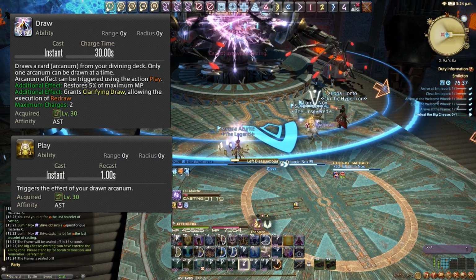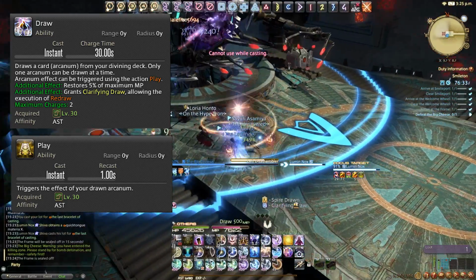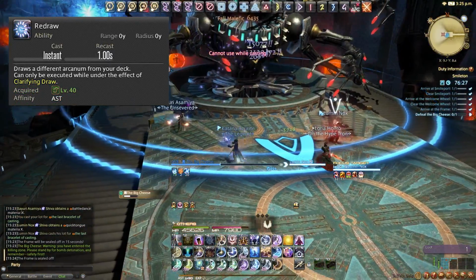But to go back to the subject, when we draw, it's going to draw one of those 6 cards, and then the play action will change into the respective card, and we can give this card to any party member or ourselves. We then also have redraw at level 40,